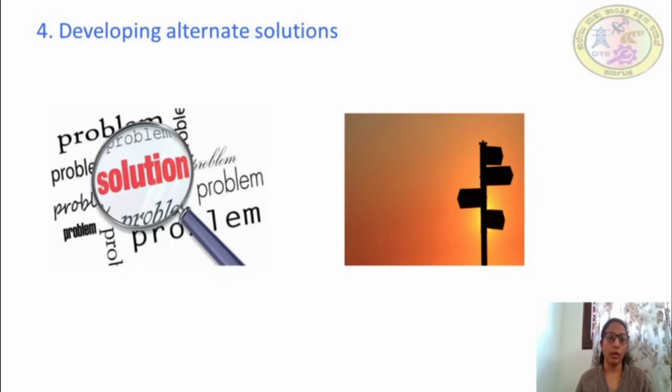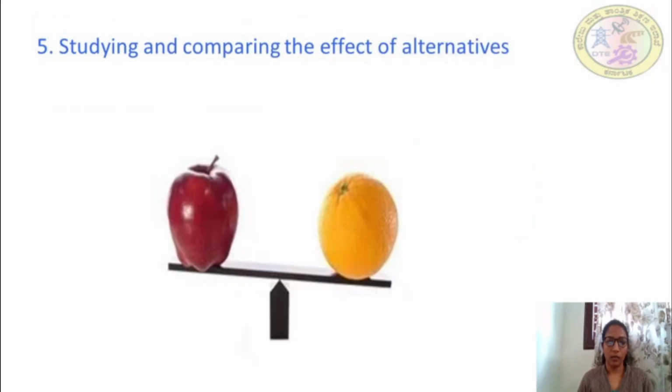The brainstorming group consists of 5 to 10 people. The basic idea behind brainstorming is to think of as many alternatives as possible without pausing to evaluate them. The fifth step is studying and comparing consequences of alternative solutions. Once various alternatives are developed, the next step is to measure and compare the consequences of alternatives using quality and